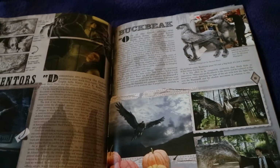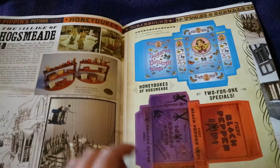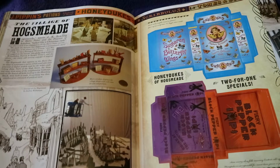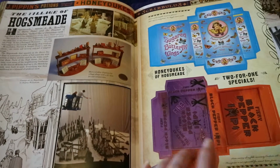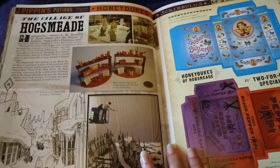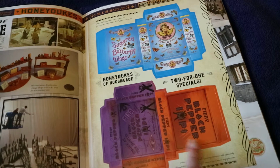Yes, Sirius Black. I recently bought one of the illustrated Harry Potter books, and I got the third book because on the front cover it's the night bus and it looks absolutely beautiful. I'm getting it for Christmas for my mum, and I'll definitely be doing a review on it when I get it. I cannot wait. So you have Hogsmeade,